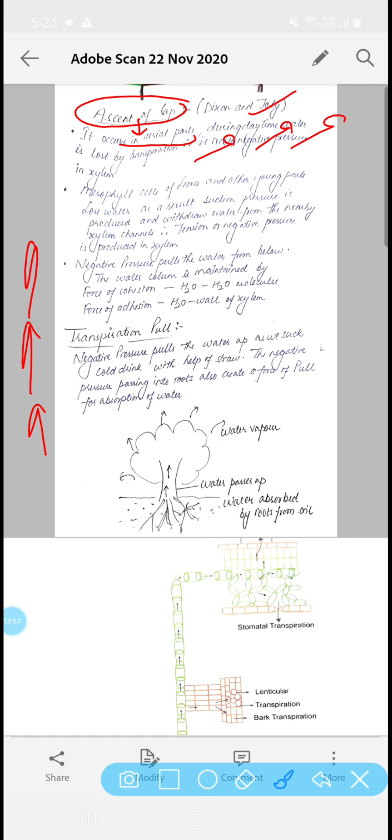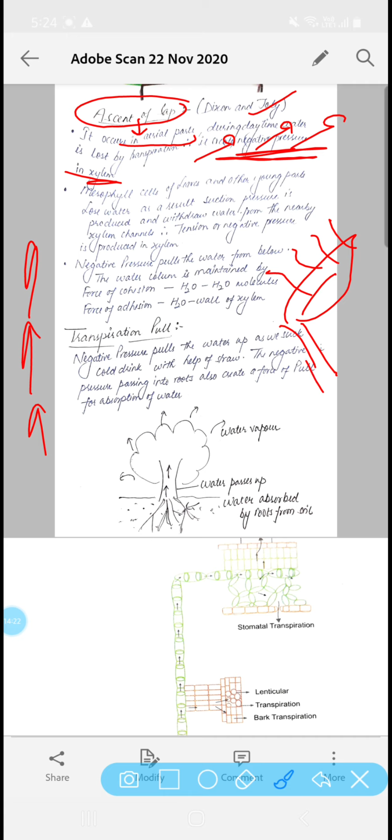Like we can take the example of mesophyll cells of leaves and other young parts, they lose water. As a result, let's take this leaf, as it lost the water, the xylem tissue present nearby the leaf, pressure will be created here. All the water has evaporated from here, so there is a shortage of water here, so this